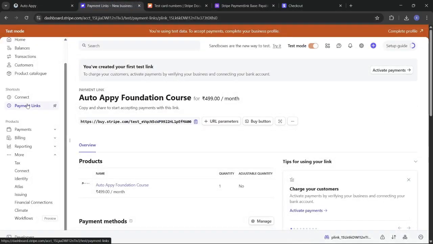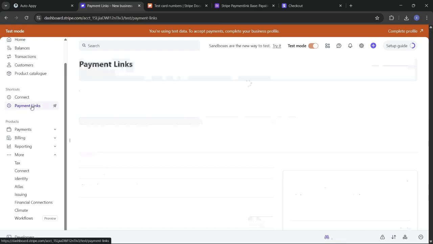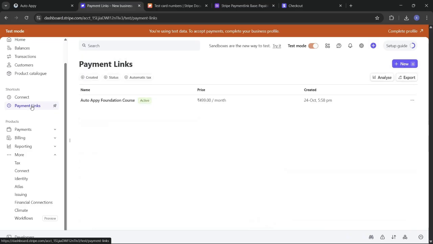Here, under the payment links or under the product section, you will find a payment link to the course. Just copy this link over here. If you do not get the link here, you can always go to shortcuts. This will be available, like I told you, once you have created a product. Stripe automatically creates a shortcut payment link, so that's quite feasible to use. Over here, by clicking three dots, simply copy this URL and open that again,